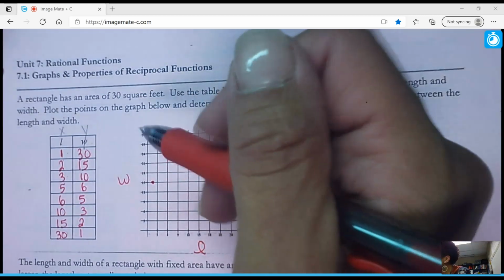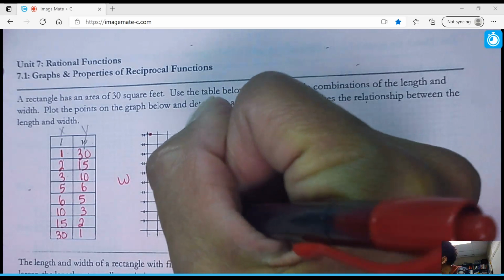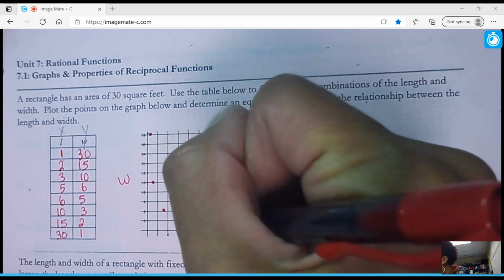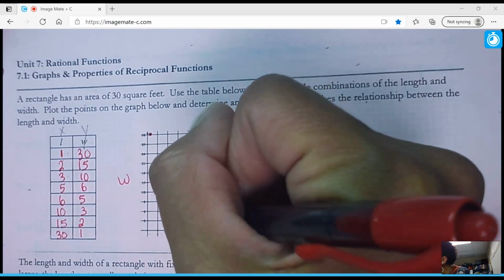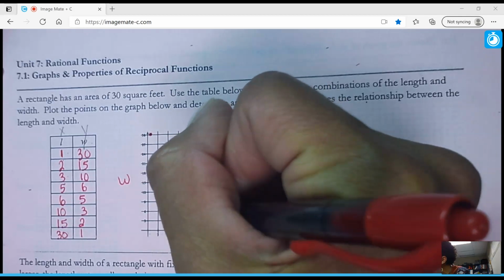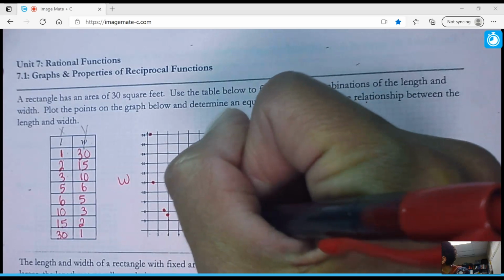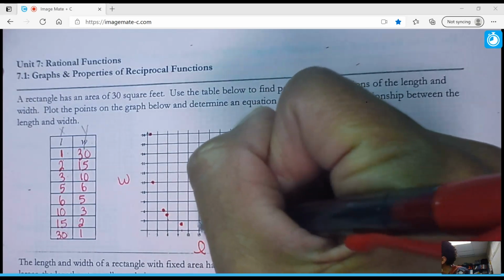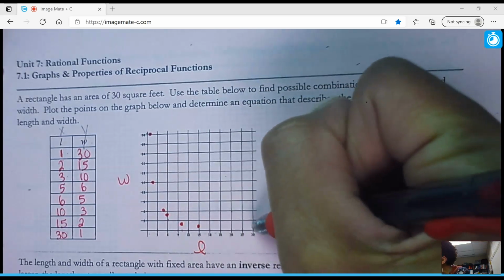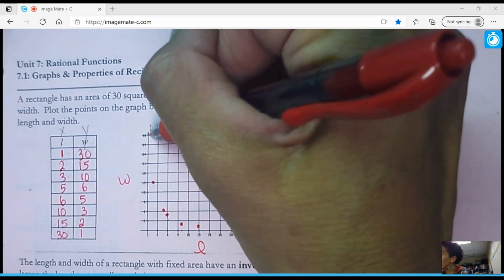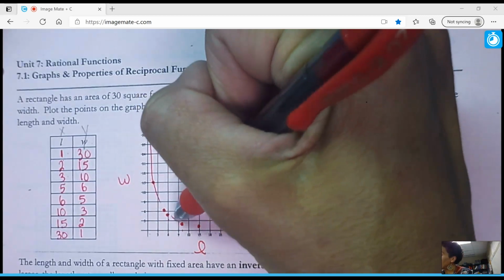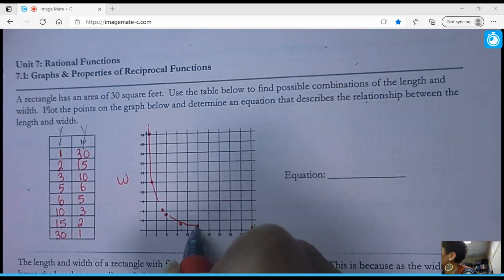Then 5 and 6 would be about here, 6 and 5 about there, 10 and 3 about here, 15 and 2 about there, and 30 and 1 right about there. And you get this curve shape, which should look really familiar to us,